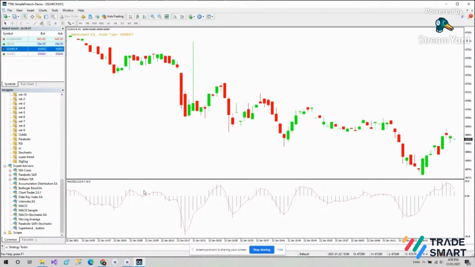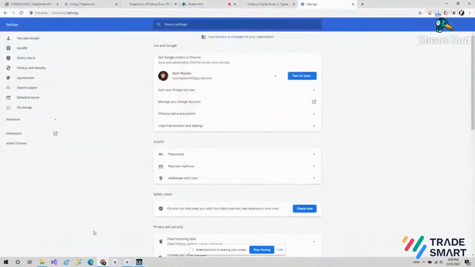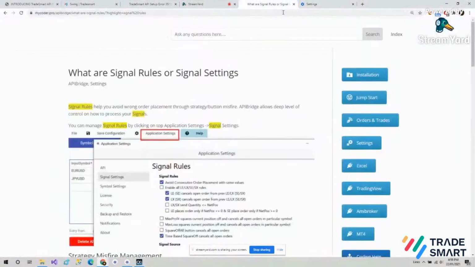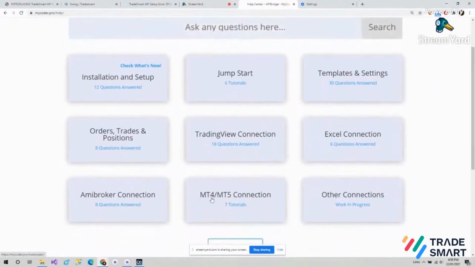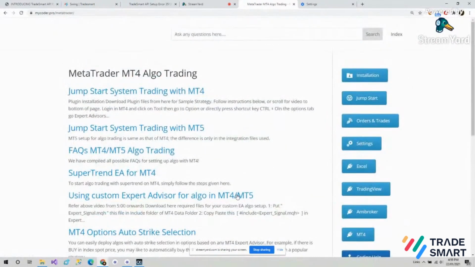To integrate API Bridge with MT4, what we'll have to do is come back to the help manual. Here, we'll go back to the index, and here we'll click on MT4/MT5 connection. So if you are an MT4 user, you'll find the setup instructions in this link, and if you are an MT5 user, you'll find instructions for that as well here.